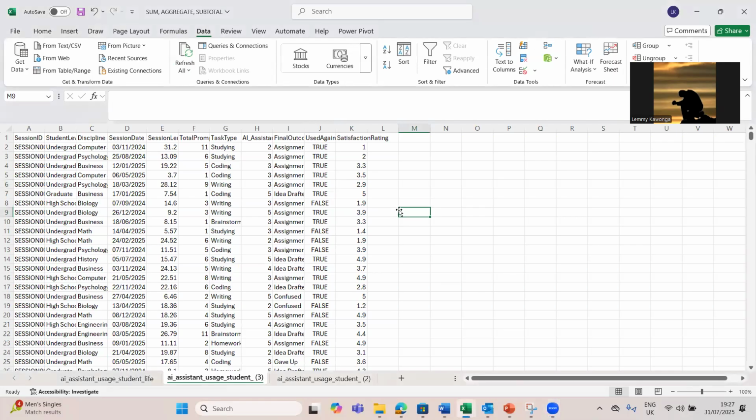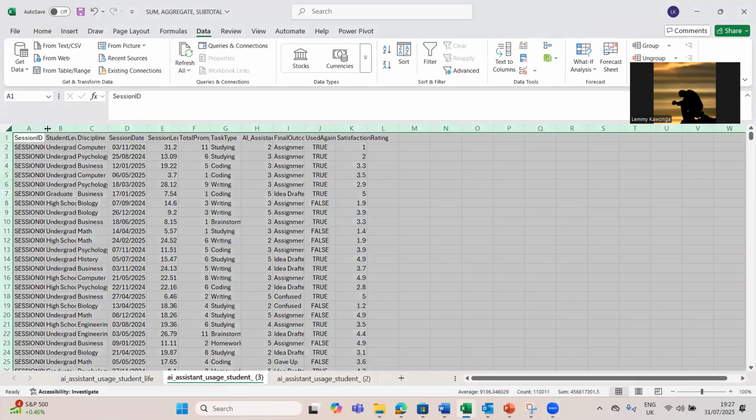Okay, now we need to talk about the aggregate function, right? So this aggregate function will help you a lot